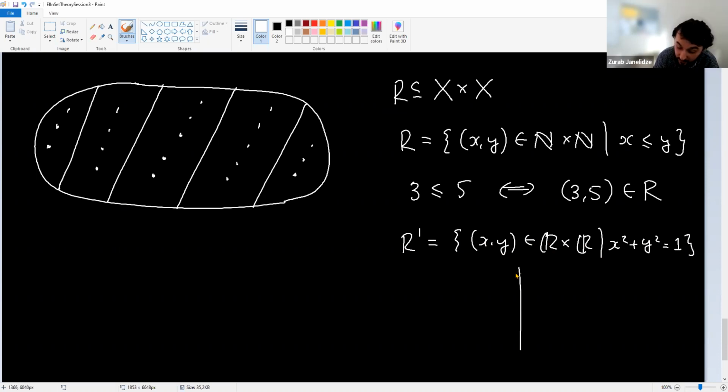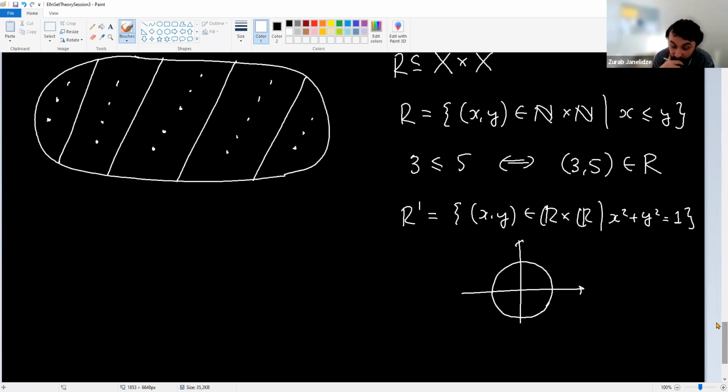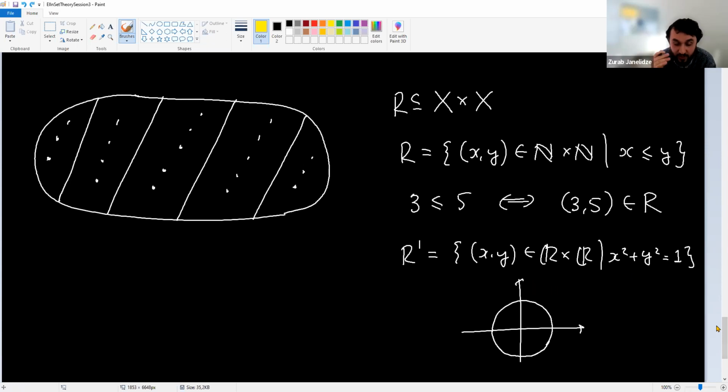Of course this is a relation whose graph is a circle, and a circle again is not a function, but we can think of this as a relation. It relates two numbers x and y when their squares add up to 1. Anyhow, that's the general notion of a relation on a set. It's simply a subset of the Cartesian product of that set with itself. Now, a partition on a set gives rise to a relation in the following way. The ordered pair x, y belongs to the relation